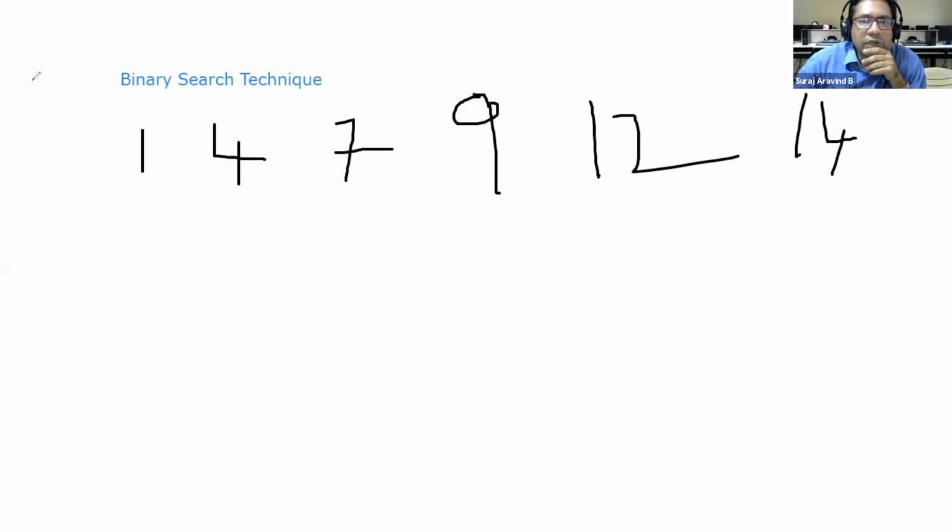Suppose I want to search for an element, say for example 4. I want to find out whether 4 is available or not. What the binary search technique does is it will count the number of elements in the array. So 1, 2, 3, 4, 5, 6. Whether it is an odd or even number, you have math functions in Raptor like floor and ceil. It has to identify the middle element. So in this case, let us assume that 7 is the middle element.